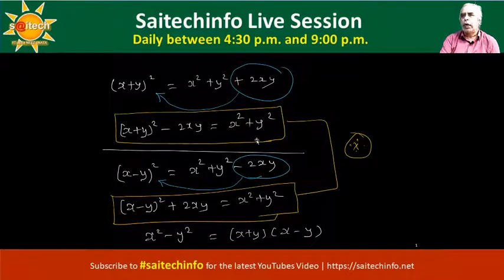Okay, so you have to be very clear between x squared plus y squared and x squared minus y squared. If you are asked x squared minus y squared, then you have to say (x plus y) into (x minus y). But if it is x squared plus y squared, you can use two types of formula. One is this one, the other one is based on (x minus y) whole squared. Is that clear? Right.